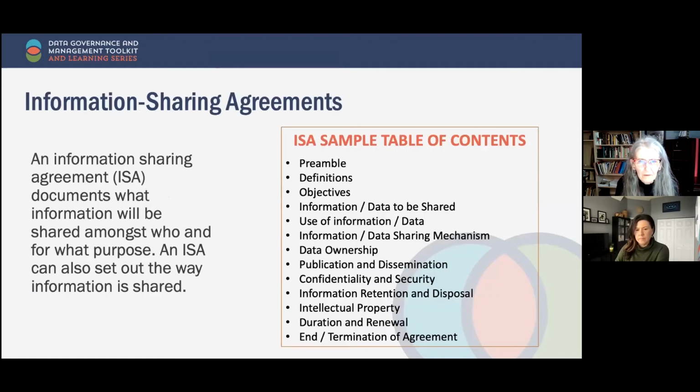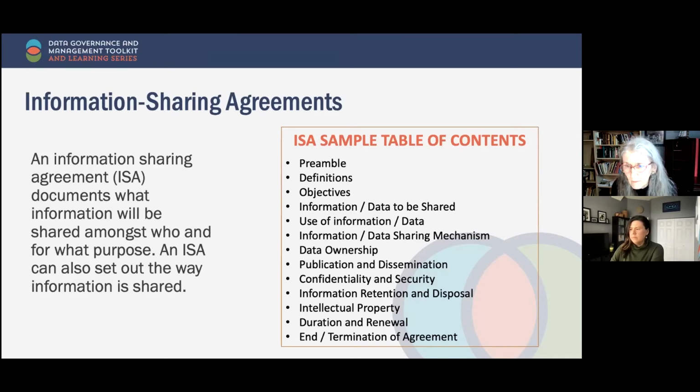Okay, so this is usually set up in pretty much legalese language. It is a binding agreement between the entity that you're requesting information from and yourself. So you can see the variety of information that's there. It's everything from going through legal definitions. What are the objectives of wanting this data? How are you going to use it?